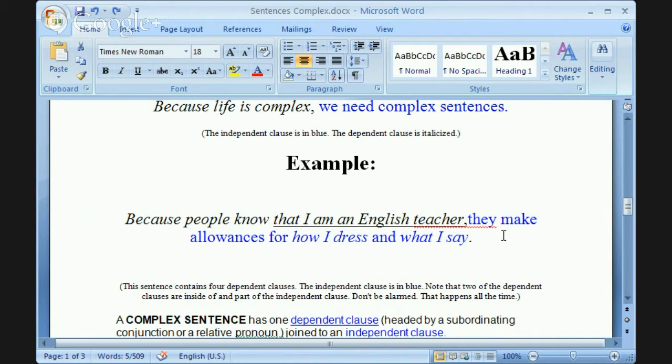That is the only thing that actually makes any difference. I need you to understand, they make allowances. Okay. All of this extra garbage, sorry for my ridiculous pronunciation, all of this extra garbage is unnecessary for comprehension of the essential information. Because people know, okay, we start out with a subordinator, because,